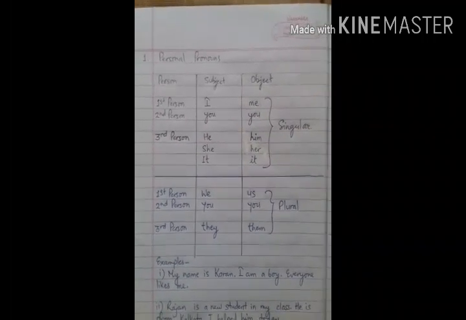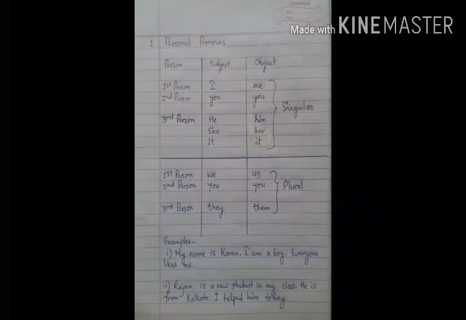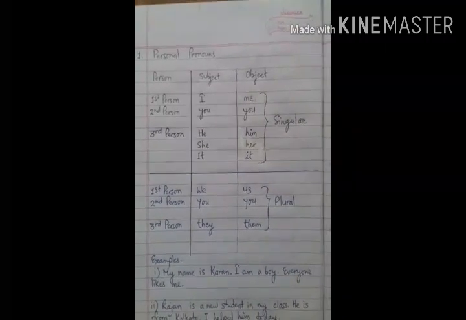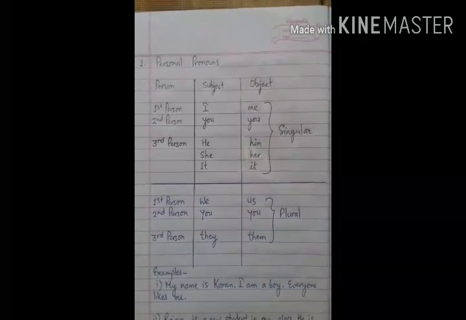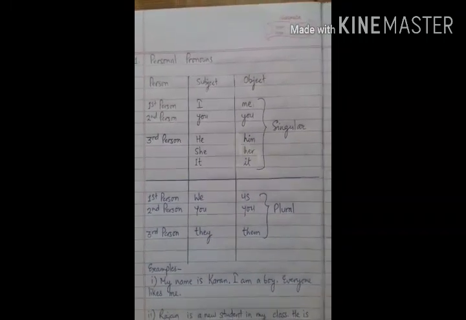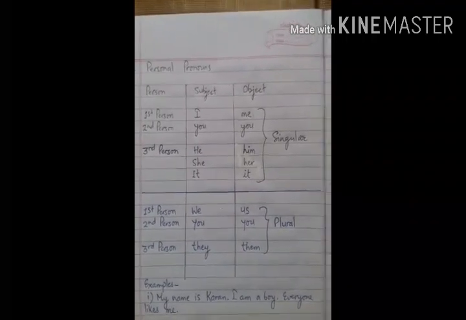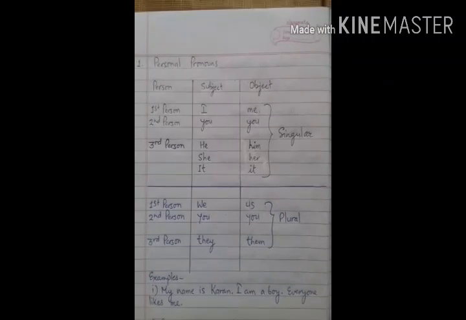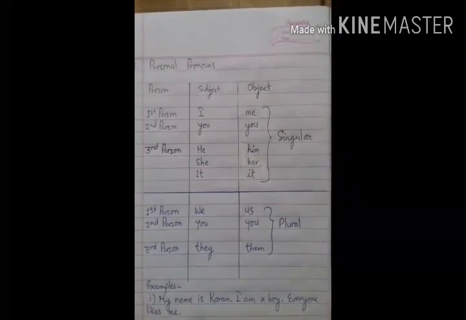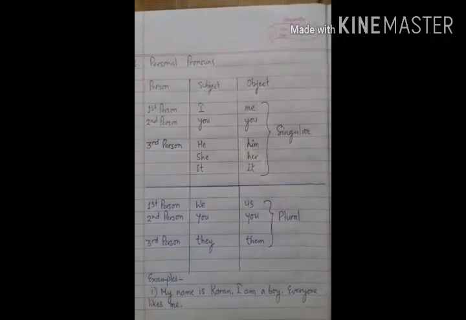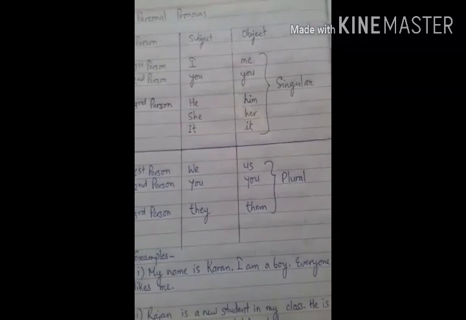In the same case, if we speak about the plural personal pronouns, the second person plural pronoun is you, and you can be used both as singular and plural, and both as subjective and objective pronoun. To speak about the third person plural personal pronouns, if we speak about someone and those nouns are plural, it becomes they, and when they is used as an object, it becomes them.